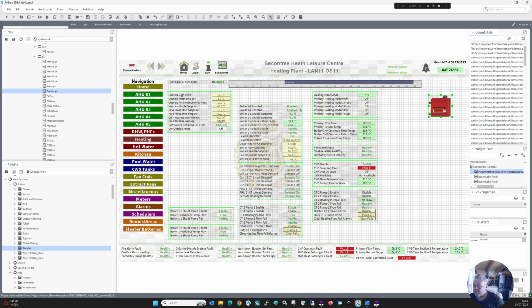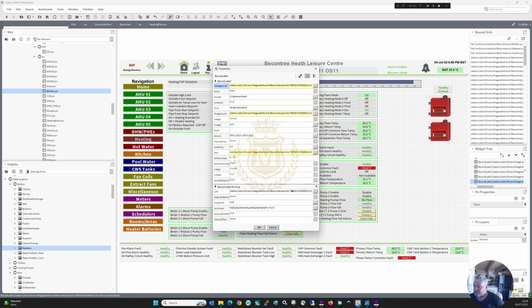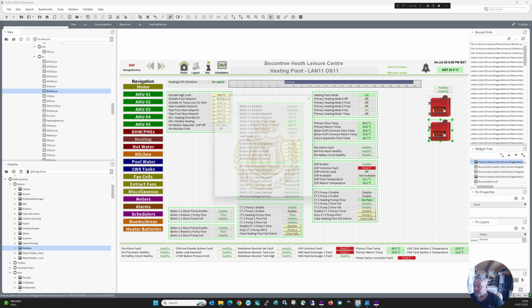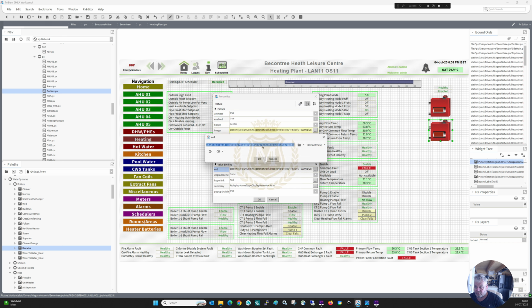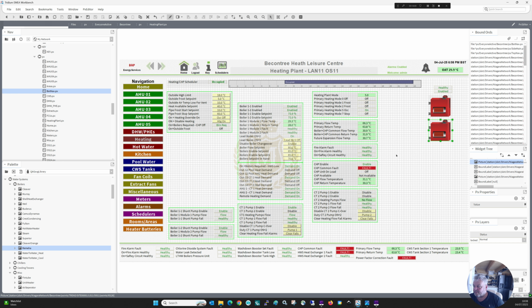And then I'll duplicate that, place that on top, and I'll duplicate that, place that on top. Duplicate the boiler, and boiler 2 enabled. Control key C, Control key V, paste that in there,